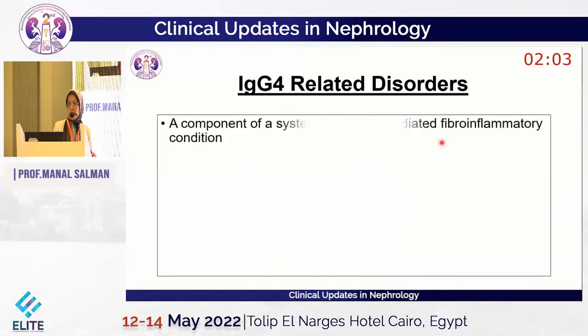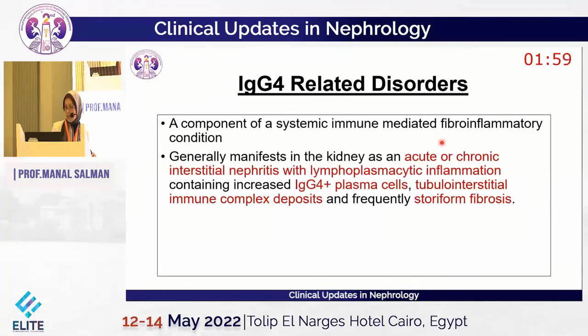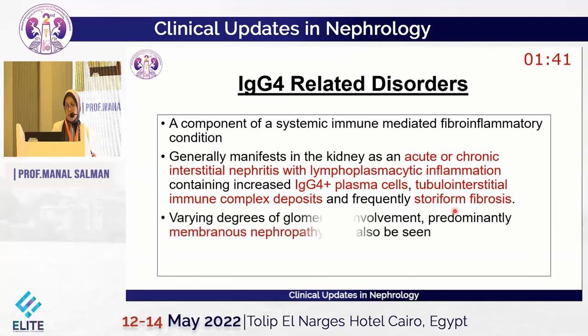Immunoglobulin G4 related disorders is a component of systemic immune-mediated fibroinflammatory condition. It manifests in the kidney as acute or chronic tubulointerstitial nephritis with lymphoplasmacytic inflammation, but it differs from the previous in that the plasma cells are positive for immunoglobulin G4 subtype. We have also tubulointerstitial immune complex deposition and storiform fibrosis with varying degrees of glomerular involvement, mainly in the form